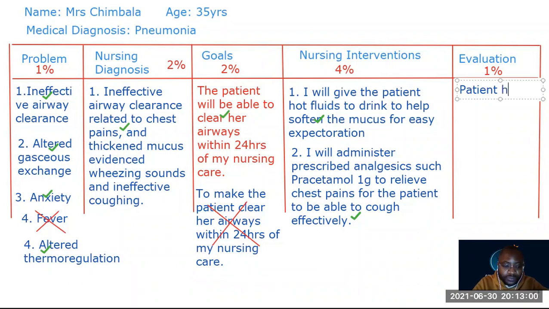So patient is effectively clearing her airways, evidenced by